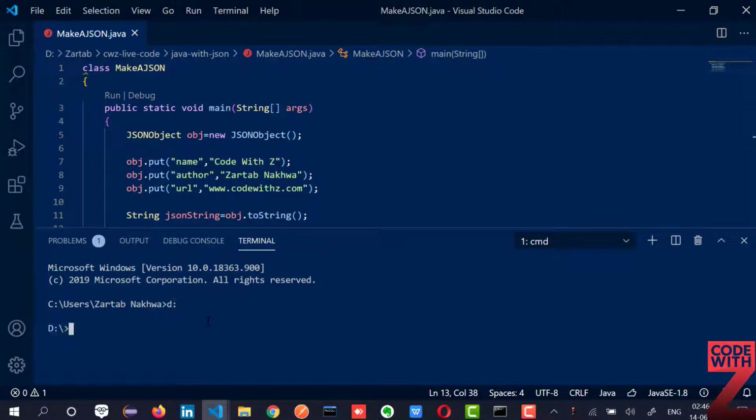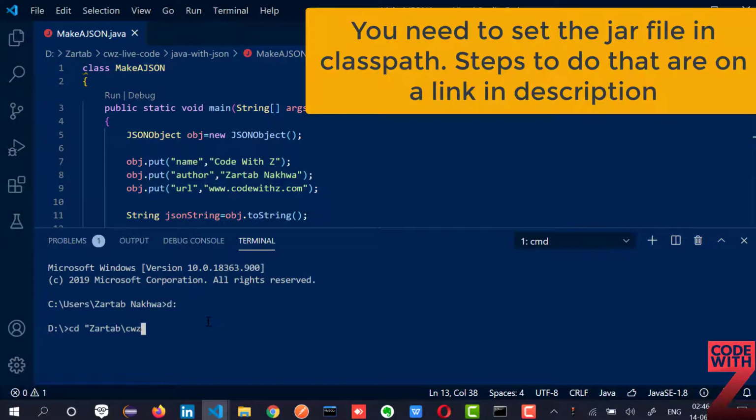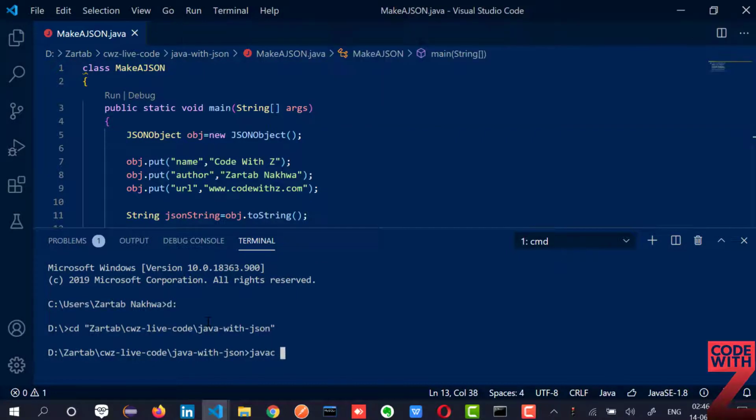Okay, I'll shift it to my location. Now the thing is, if you haven't yet imported the files, you'll have to make it. You can see how to set the jar file in the class path, unless it is not going to catch up. So I'm going to say javac make a json.java.